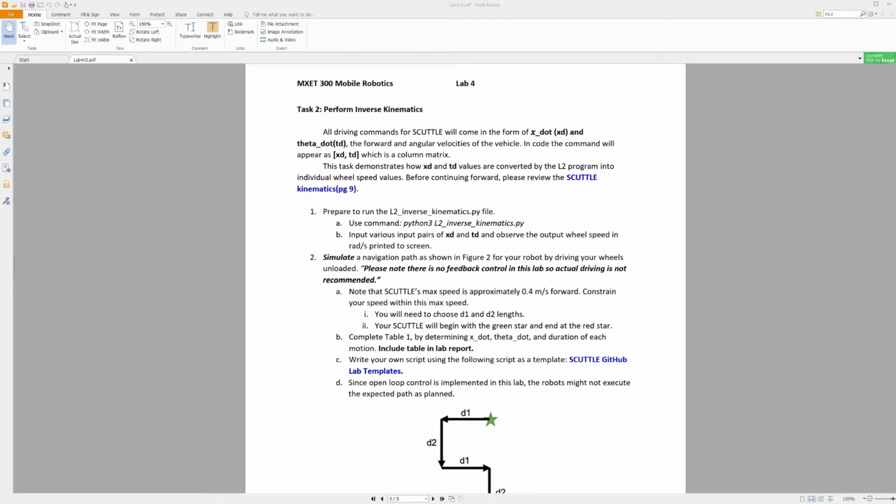Task 2. Perform inverse kinematics. All the driving commands of the Scuttle will come in the form of x dot and theta dot. X dot being the velocity of the chassis, and theta dot being the angular velocity of the chassis. During this task, you will demonstrate how x dot and theta dot values get converted by the Level 2 programs into